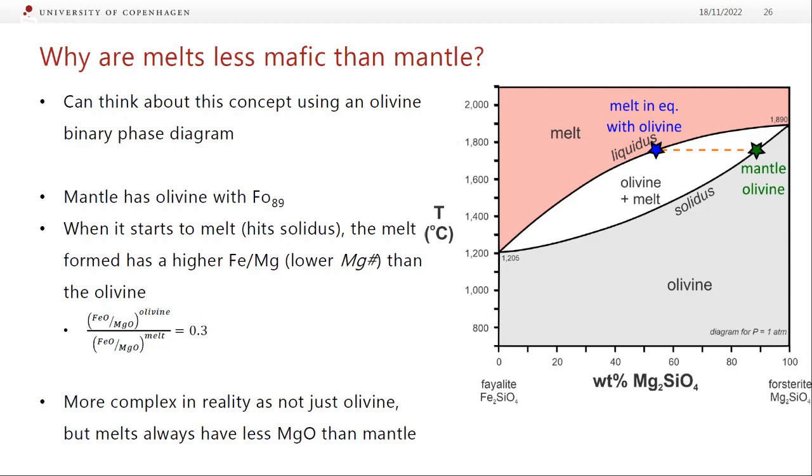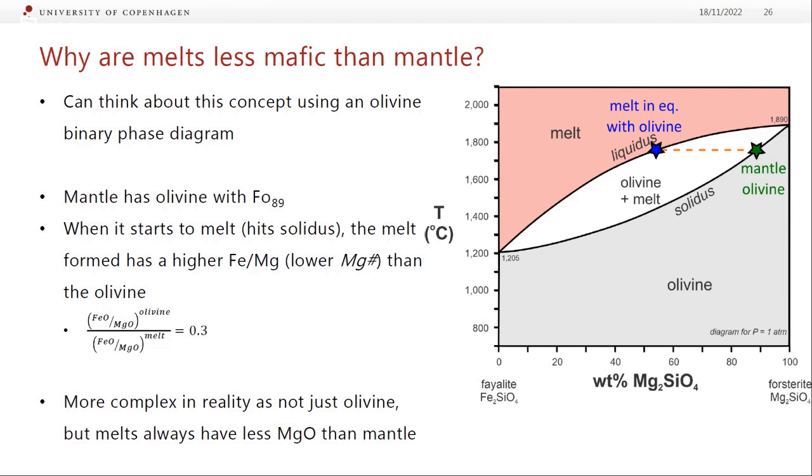So what this means is if we were to actually start melting this, we're removing liquids that have less magnesium and more iron. So if we were to keep heating this up, the composition of the olivine left behind would actually move up this way, and then it would be in equilibrium with the new melt over here. So if we melted it some more, then it would move up further this way, be in equilibrium with the new melt. The melt always has less magnesium than the olivine, except for the very last melt formed